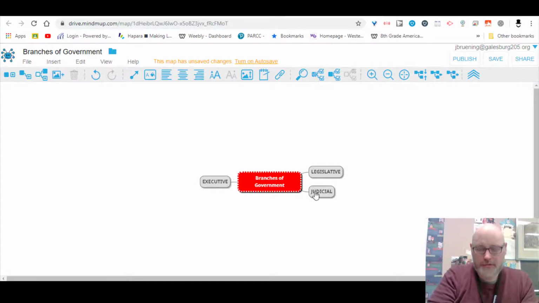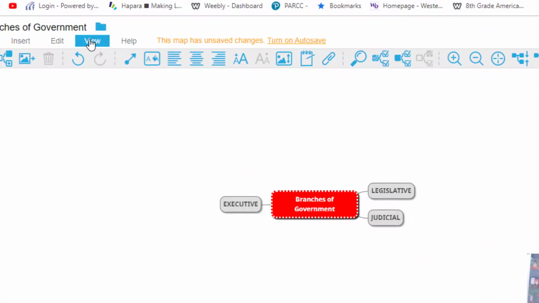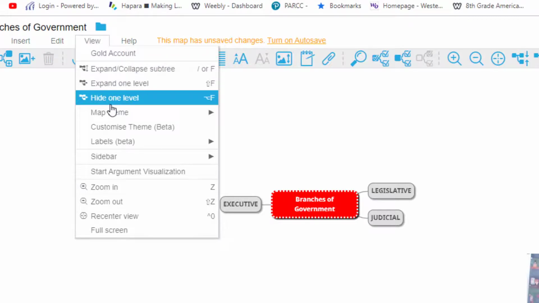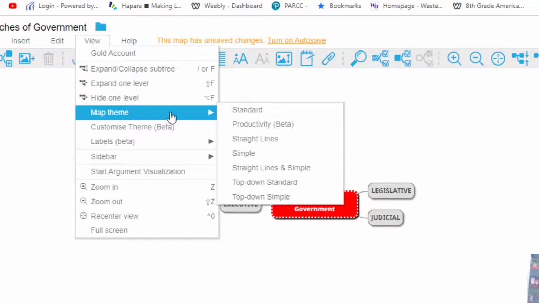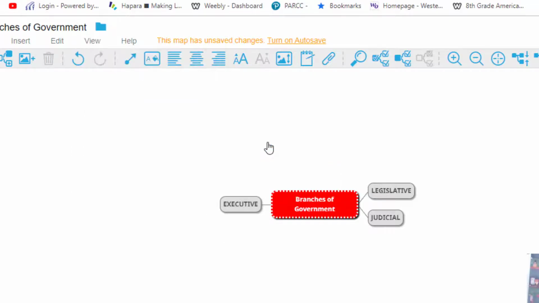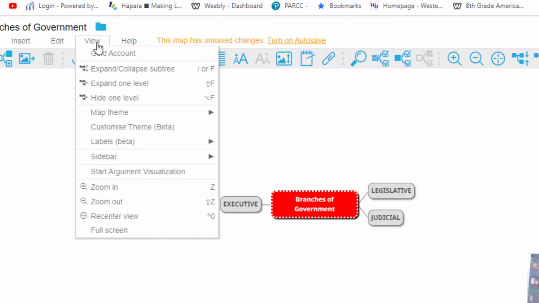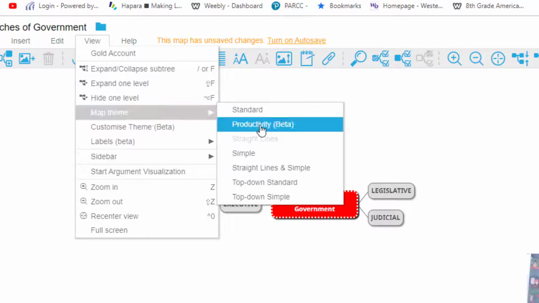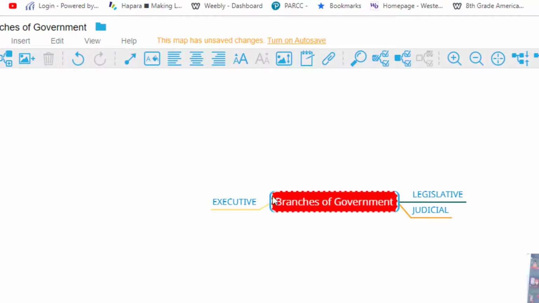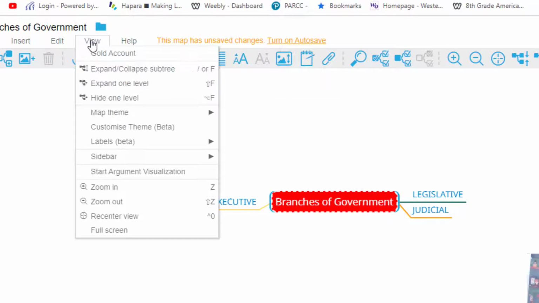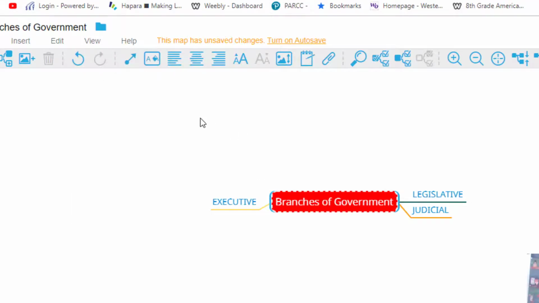Now, I could keep on adding more stuff here, but if you notice, this isn't necessarily how I want this to look because it's got the branches going in different directions. What I would like is a top-down picture of some sort. So what I can do is go to this view. If I click on view, here you can see map themes. It has all these different ways you can organize it. Here's a straight line one, so you can see the lines change to being straight. Productivity, you can see you can change how it looks a little bit here. But I just want a standard,